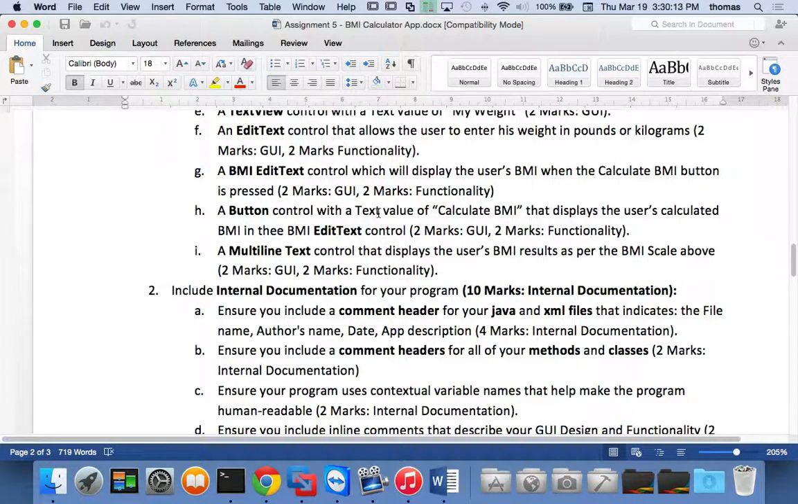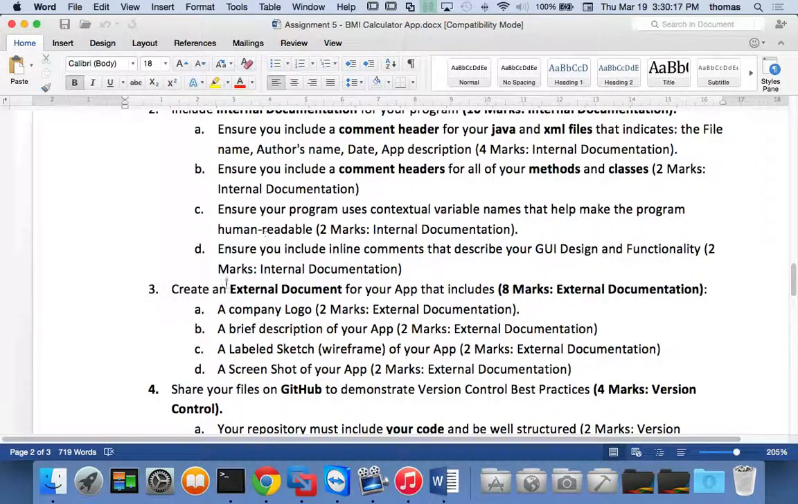You're going to make a BMI app. You're going to have some internal documentation here, a little bit of external documentation, just your company logo, a bit of a brief description of what it does. I need a sketch, a wireframe of your app, what it's going to look like, and then finally a screenshot